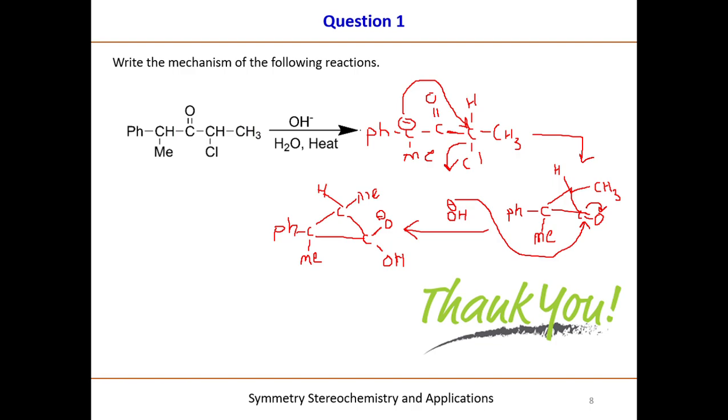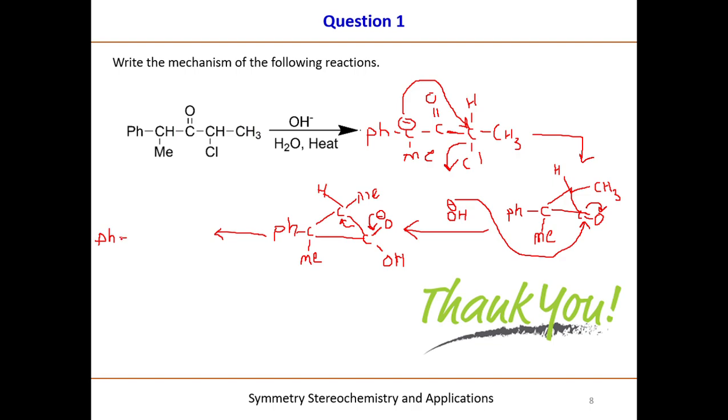First, this negative charge will push over here, form a bond, and this bond will break. Cleaving of cyclopropane ring will take place in third step. Then in fourth step, extraction of proton from water will take place. So after cleaving this cyclopropane ring, what we will get? We will observe the intermediate. I will write here